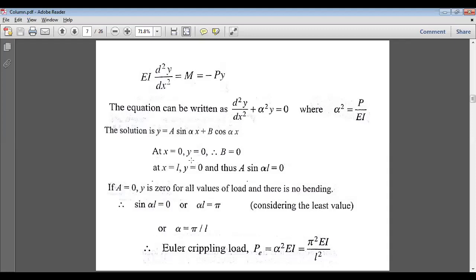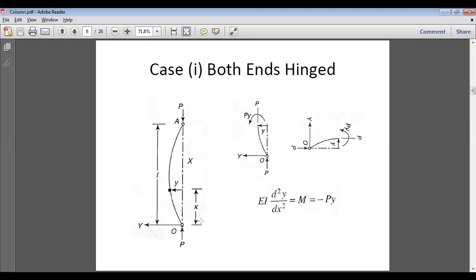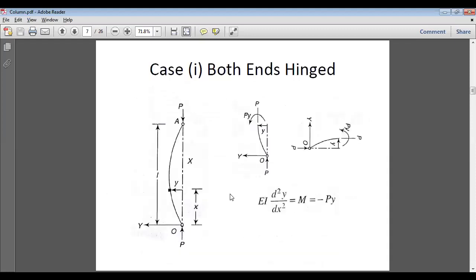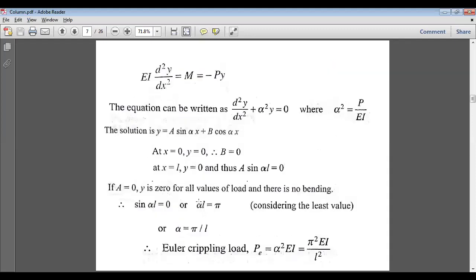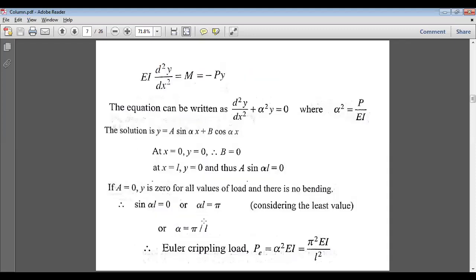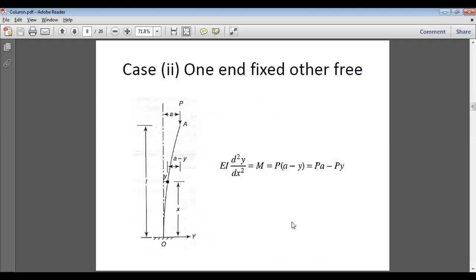So at x is equal to 0, y is equal to 0, so b is equal to 0, and at x is equal to L, y is equal to 0. Thus a sin alpha L is equal to 0. If a is equal to 0, y is equal to 0 for all values. So, as we have already studied in case of beam, the value of x will change from x equal to 0 to x is equal to L. So now substituting these values, we will be getting